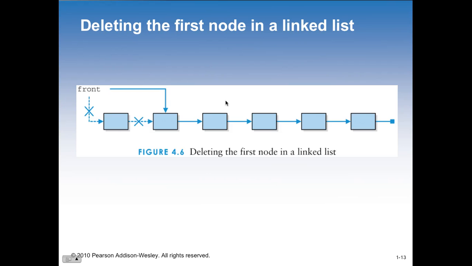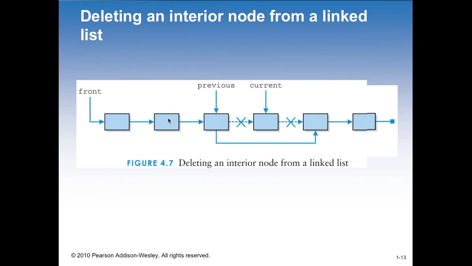Deleting the first node in the linked list. We have a node here that we're going to delete, and we're going to make this one the first one instead. Slightly different, we just make front equal to the second one instead of the first one. And usually by rule of thumb you want to make the new connection before you get rid of the old connection. Depending upon what language you're working with, if you're doing this in C++,